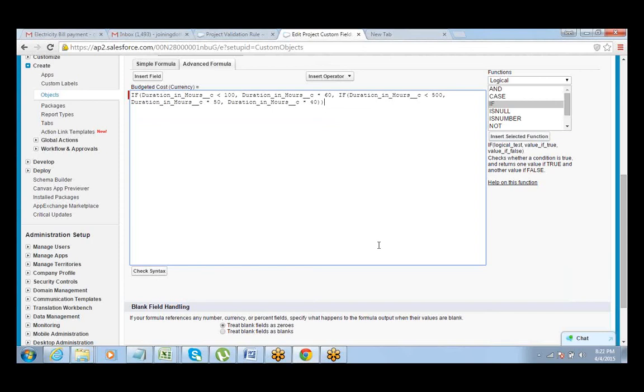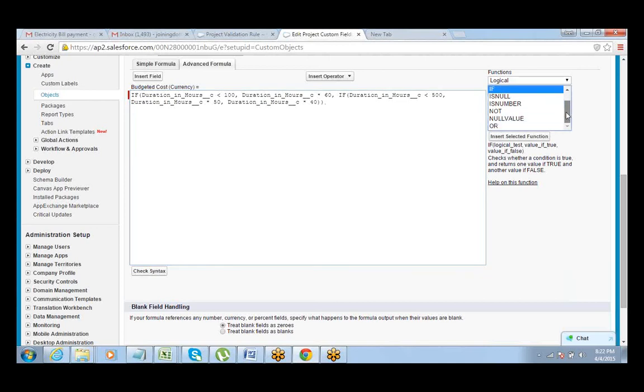Clear with everyone? Anyone else has a question on this? This formula part is very interesting. It makes your app do some really good stuff and makes your app very efficient. This kind of budgeted cost calculation and stuff like this is there for sure. But there are a lot of other things that you can do using the formulas, and it can be used a lot in Salesforce, right? So it completely depends on how you use these formulas.